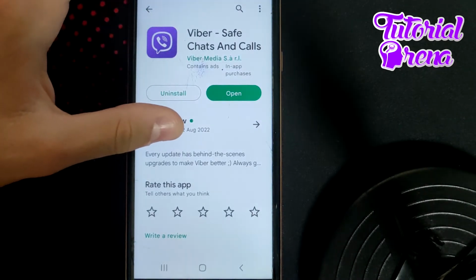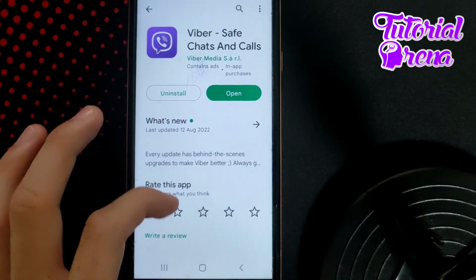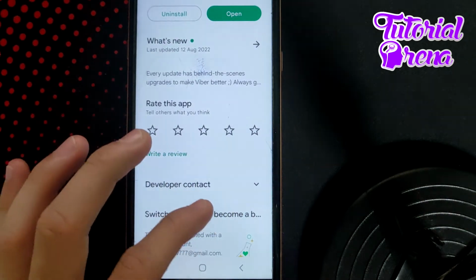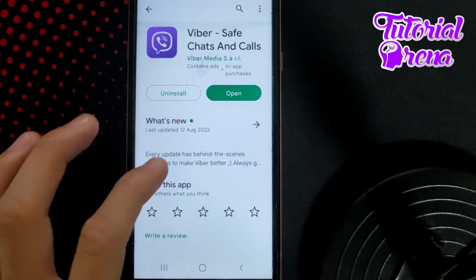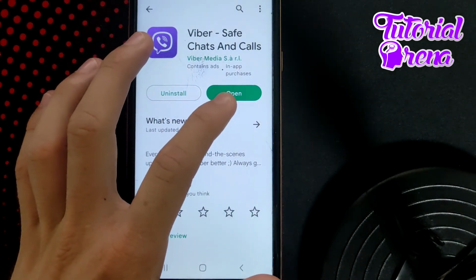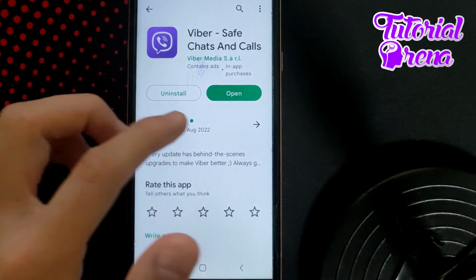last update was on this date. And yeah, of course, you need to check all these reviews on that application, which are very important for you. And as you get ready, you simply can go create or start downloading your Viber section, which will set